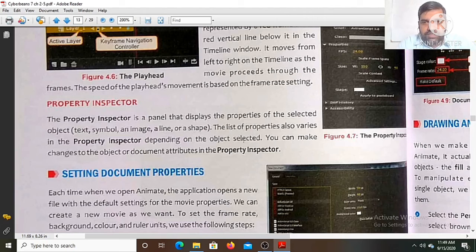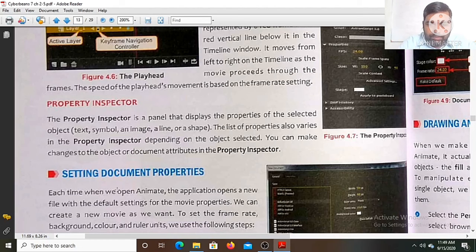So you can make changes to the object or document attributes in the property inspector, such as its size and many others. Applies to the pasteboard.